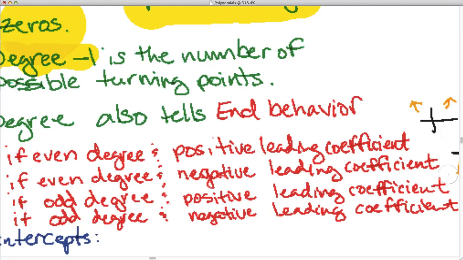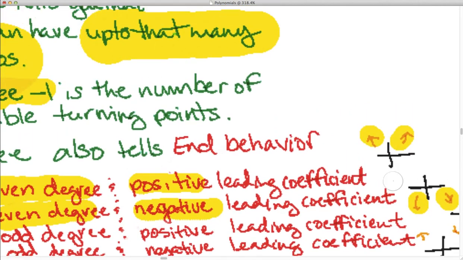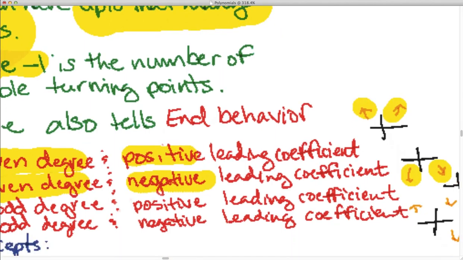What is the end behavior? Well, we need to look at the degree. If it's even, and the leading coefficient's positive, it's just like x squared. The ends go up and up. But if the even degree has a negative leading coefficient, it's like negative x squared, in which the ends go down and down. And then if the degree is odd,